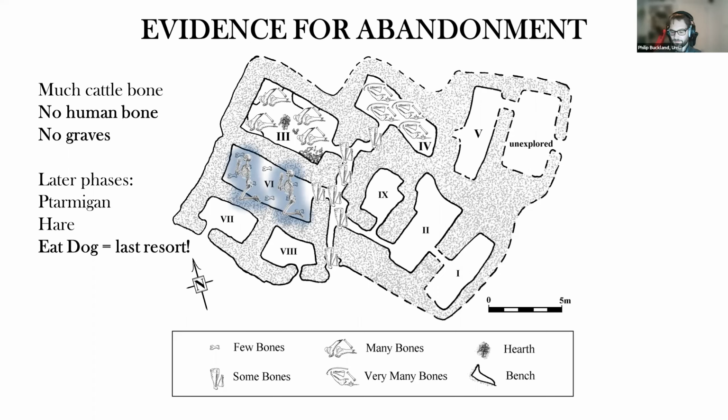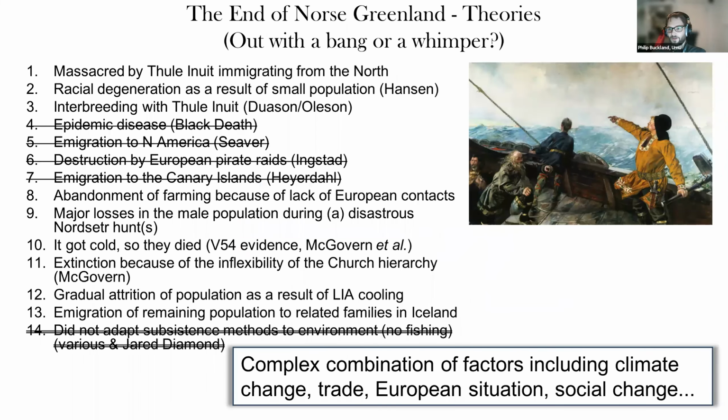We were hoping to find bodies, but we didn't. And there are no graveyards, there are no graves or human bodies from the Viking Age in Greenland, which is interesting. And this is a horrible slide with far too much information, but basically it's showing you there are multiple explanations for the collapse of the Viking Age or the Norse colonies in Greenland. And a few of these we can eliminate on the basis of the entomological evidence and the different bits of archaeological evidence together.